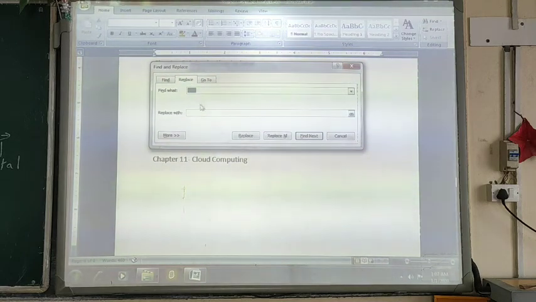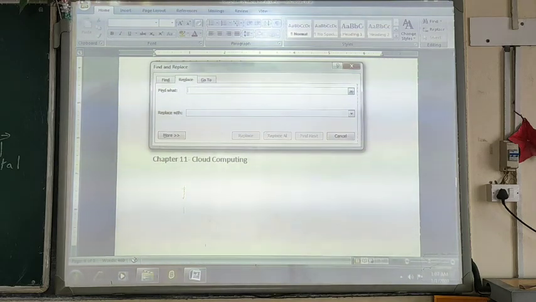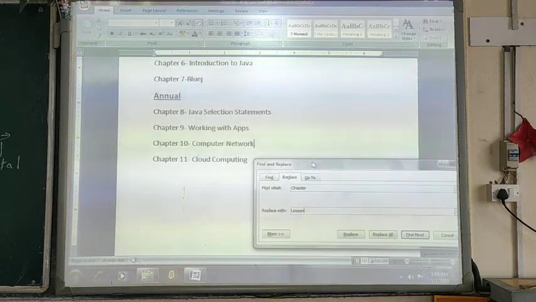So now suppose I have used the word chapter, and I want to replace the word chapter with lesson. You can see in the document we have written chapter 1, 2, 3, 4, 5, 6, 7, 8.